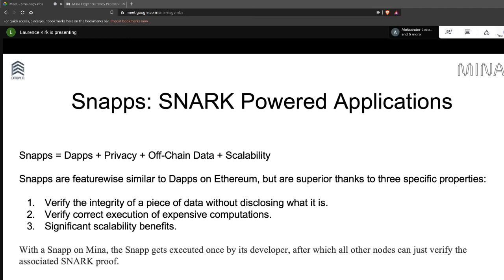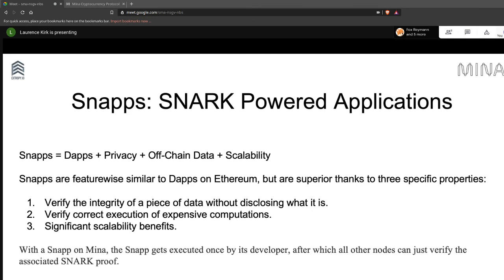The way they work, effectively, unlike Ethereum, where you have repeated computation. In an Ethereum smart contract, every node on the system that is running a virtual machine will be repeating computation, which is tremendously wasteful and inefficient, but it's there so that people can verify the correctness of the smart contract. The difference that Mina brings is that the computation that happens in the snap doesn't have to be repeated. The computation can be done once by the developer, and then a SNARK can be produced that has the proof that this computation has been done correctly,